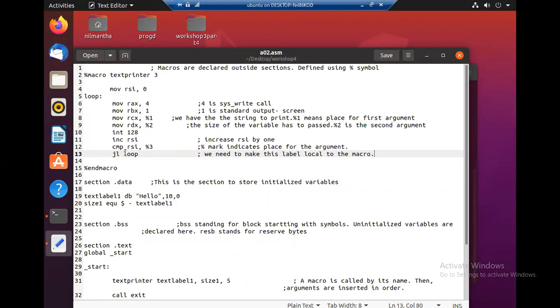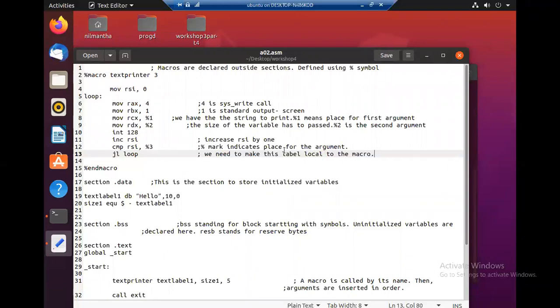In programming languages, you might have come across something known as local and global. If it is local, it is only available inside a particular domain. If it is global, it is available outside of a given domain, not only in the scope where it was defined.